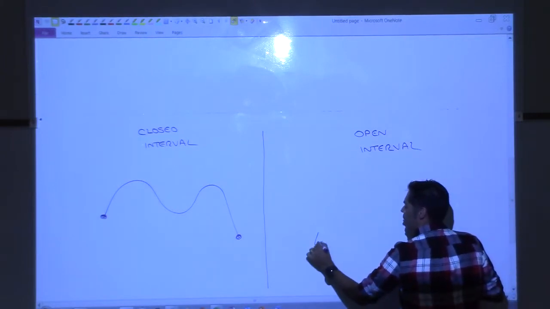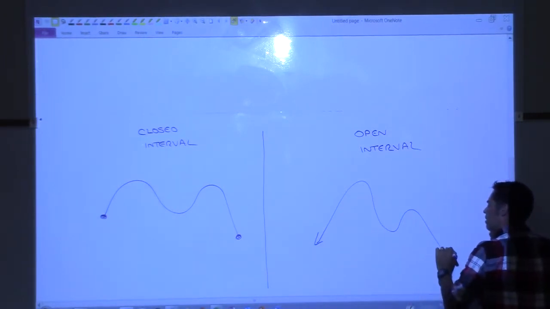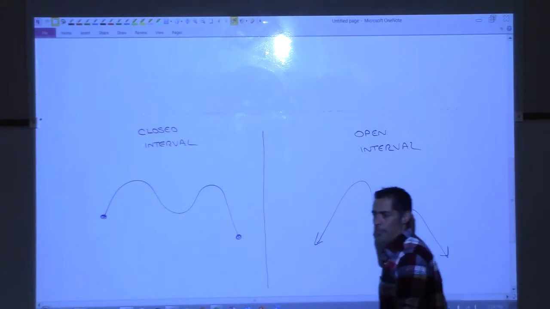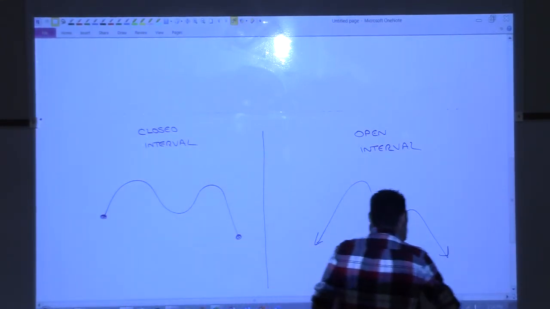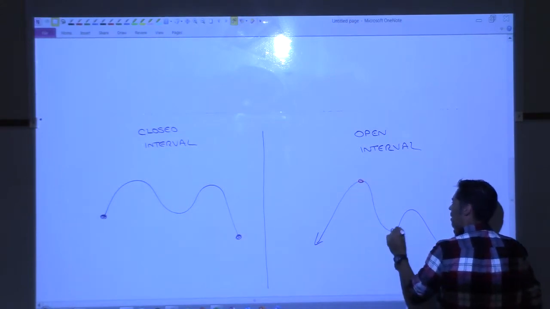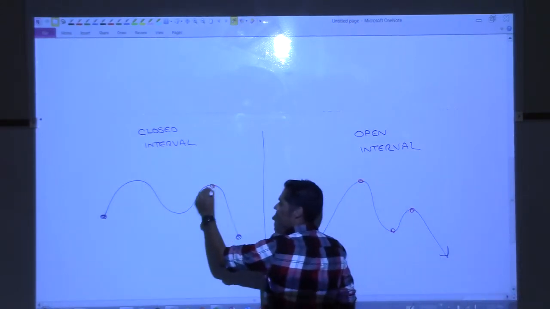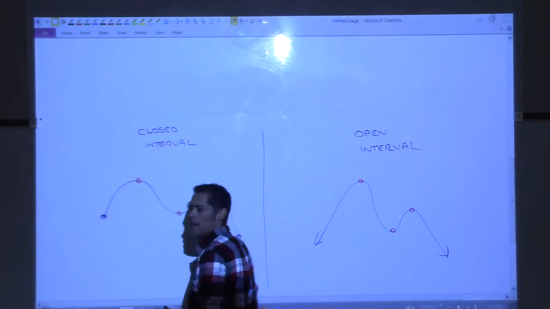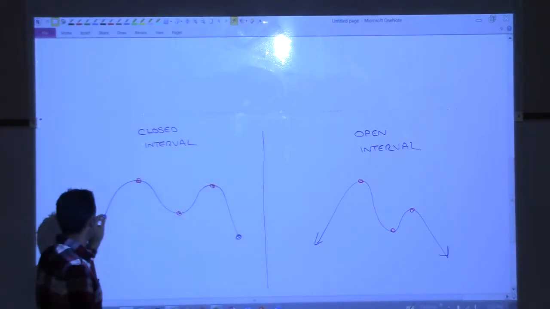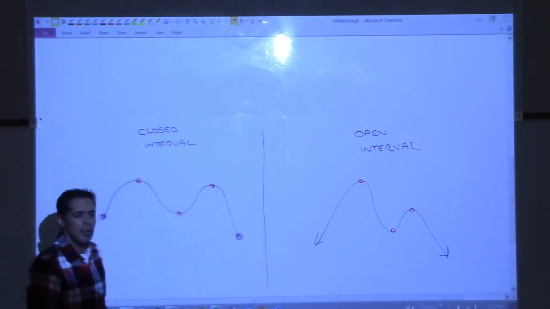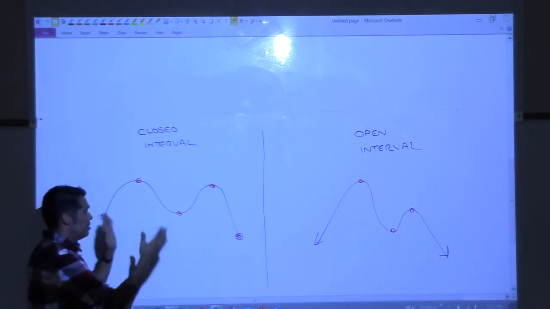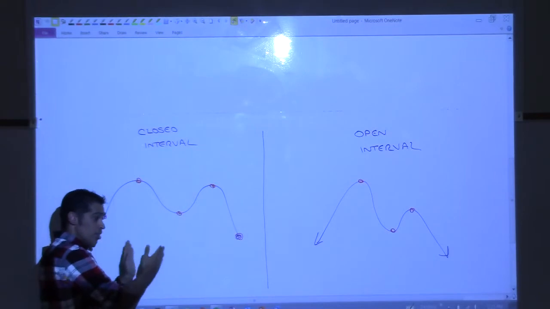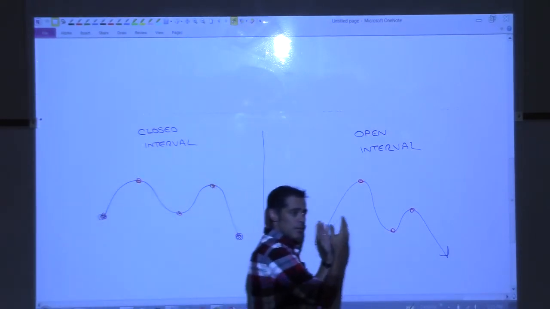Okay, where I have a function that might do this, but the ends don't ever stop. So we're interested in finding these points, okay? And in fact, in this one, we want to look at that point and that point also. We're interested in finding these points. The method that we use to do this is much easier than the method that we use to do this,